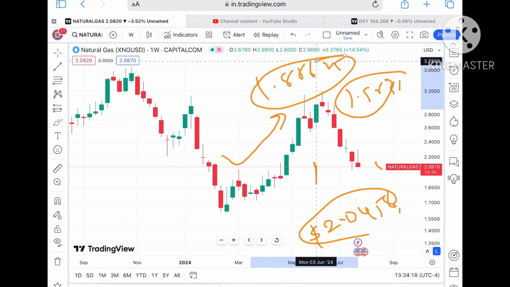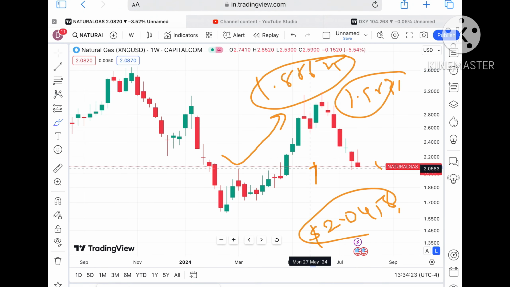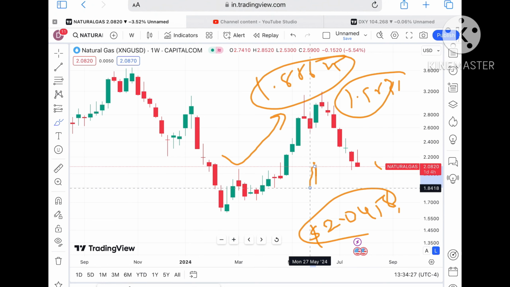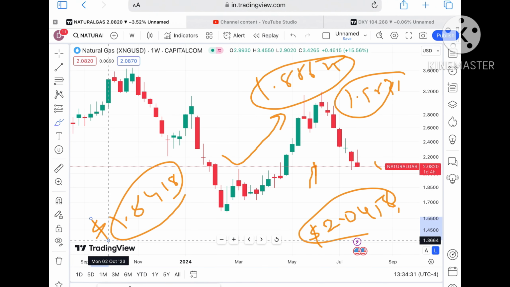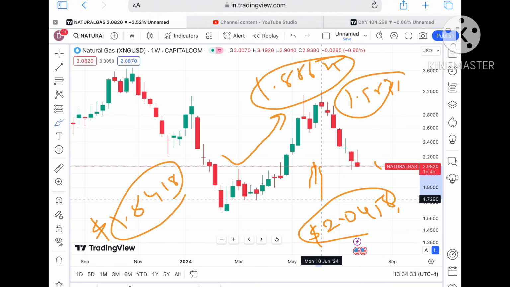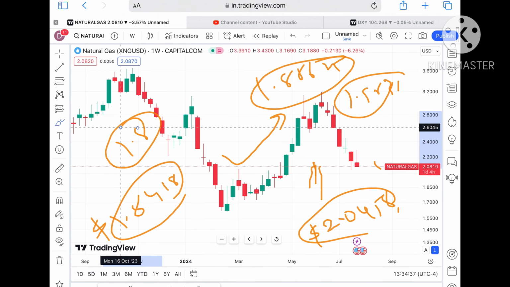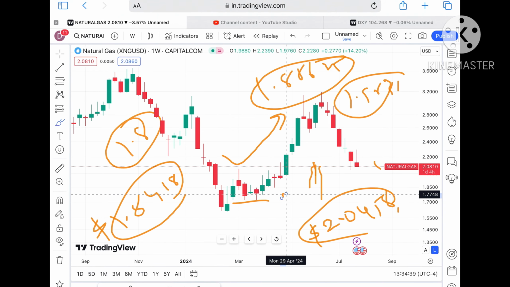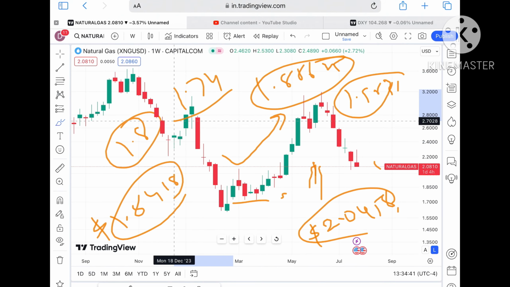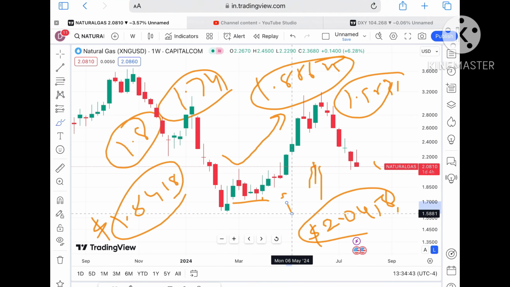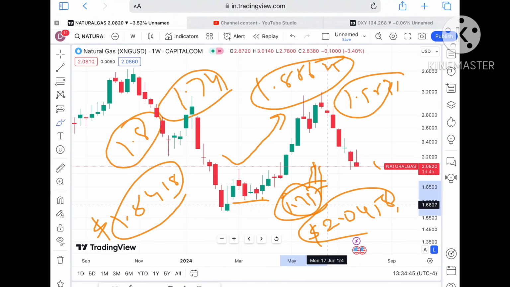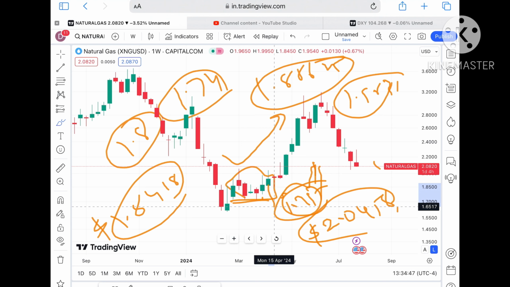You may seem it's a small movement, but yes, when you are trading with larger quantity, it makes a lot of difference. Okay, so once started going below that level of 1.88625, then a probability of going towards $1.8418, and if that didn't sustain, a further fall we can see, then you can say it will fall below a level of $1.8, and then this is the zone low. So you have to understand it can touch a level of 1.74, and from there it can go below a level of 1.717. Okay, and this is the zone.